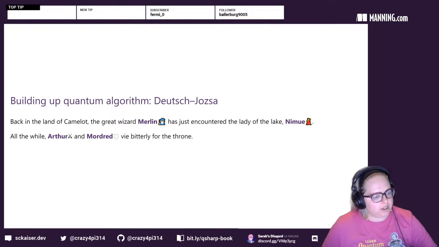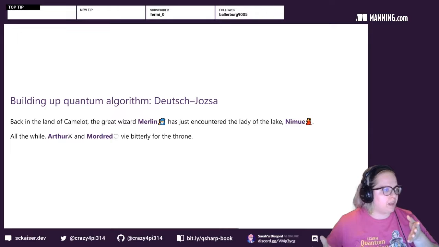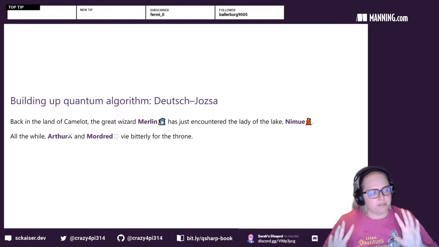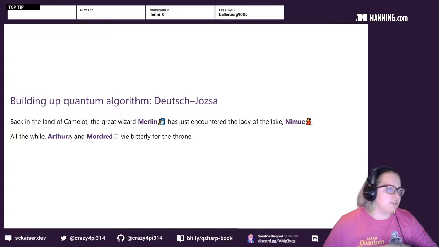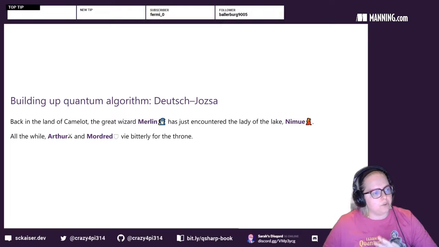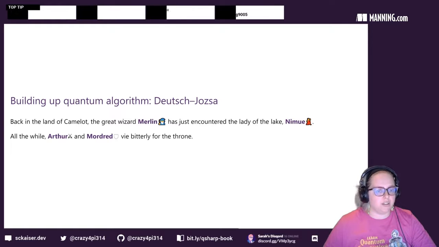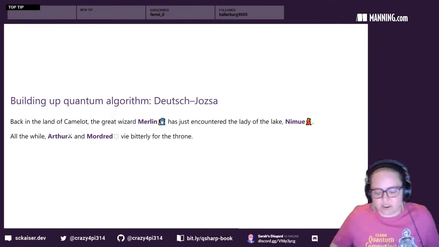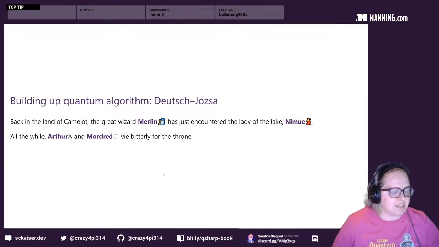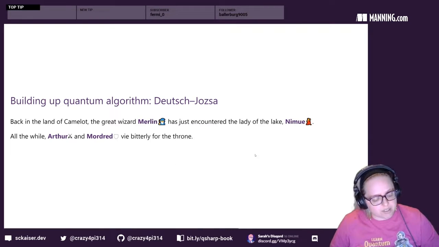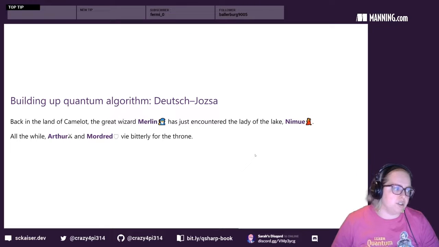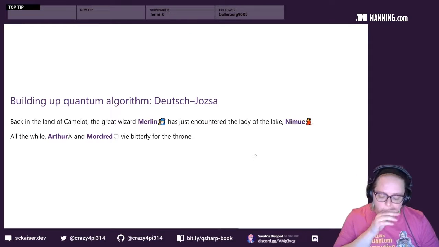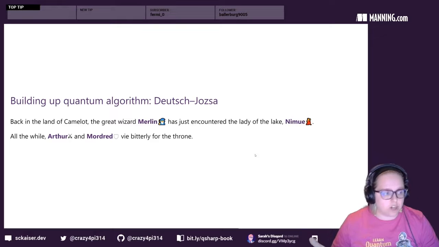I want to very quickly show you one more quantum algorithm. We looked at some very basic, hello world sorts of things. We looked at how we can make superposition and entanglement. And now I want to show you an example where we put all that together and write an algorithm that allows us to solve a problem. The problem here is still constructed. We call it a toy problem. But it represents a very useful subroutine that you can use in larger algorithms, which are quite frequently